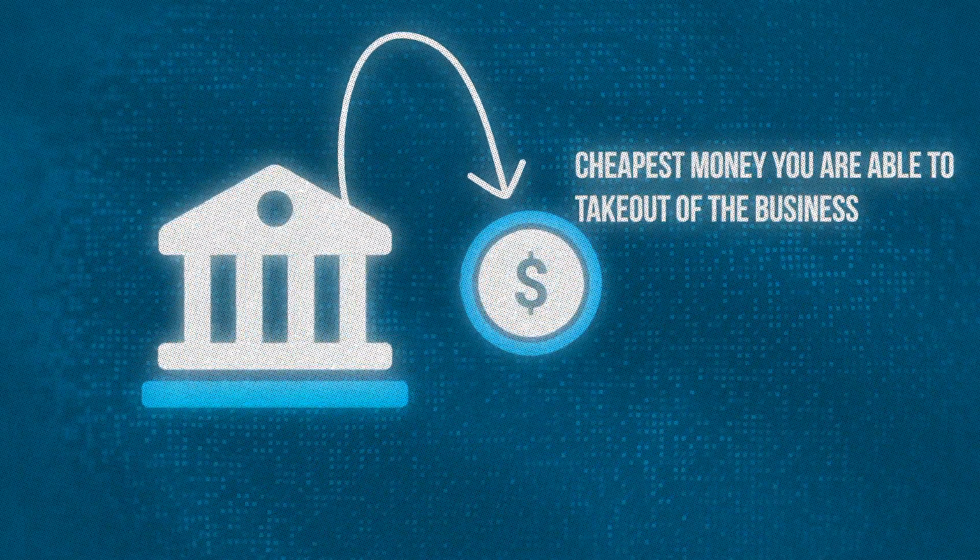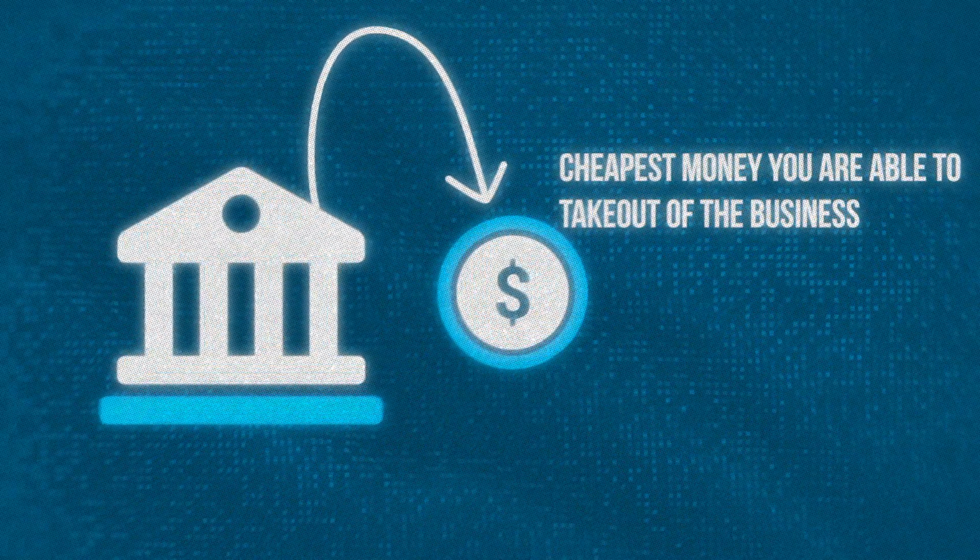Now, the thing about this is that it is the cheapest money you will ever be able to take out of the business. And so it makes sense to start there, because losing money to tax is really the easiest thing to avoid up to a point. So what I recommend you do is that as and when you have the funds available, put as much as possible into the annual tax allowances you have, and automate this so that it happens month in, month out, year in, year out, and you don't even have to think about it.